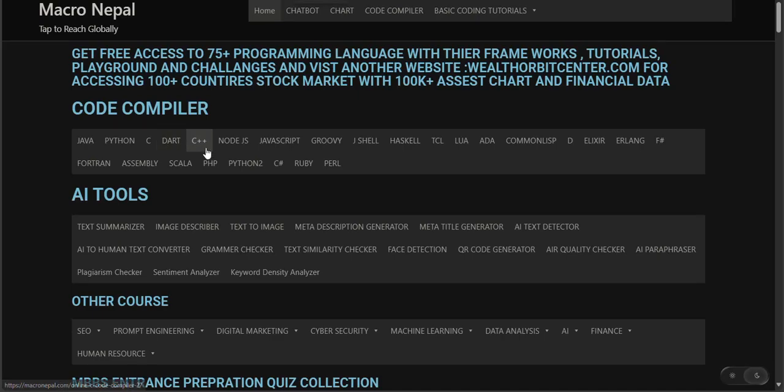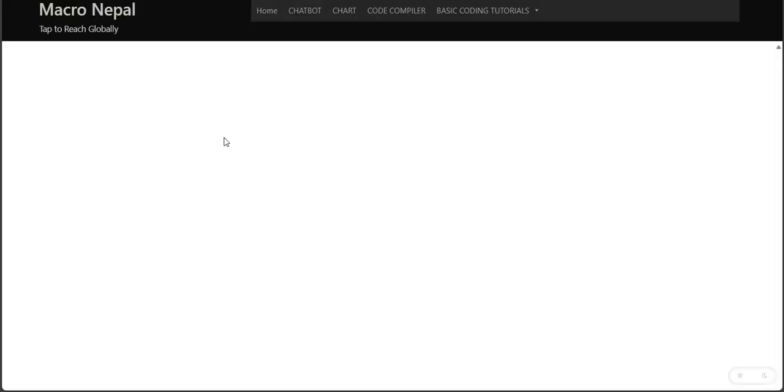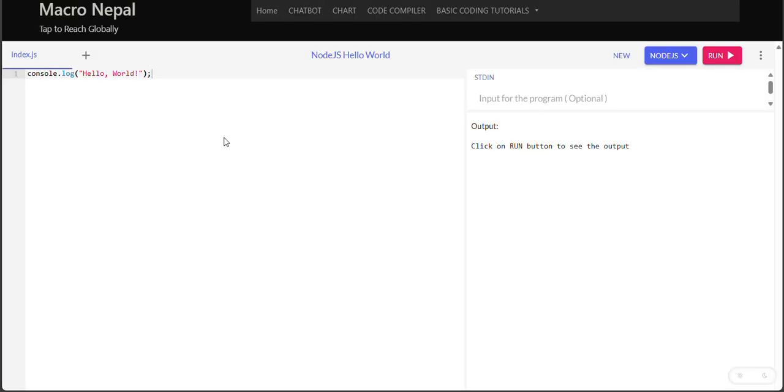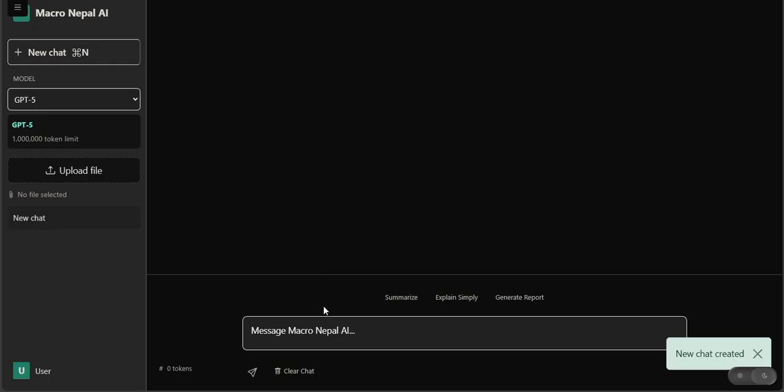And now on today's episode, I'm going to show you how to use the Node.js code compiler. Okay, here is our Node.js code. Here it is written. Now, if you want much more about Node.js, then go here to our GPT-5